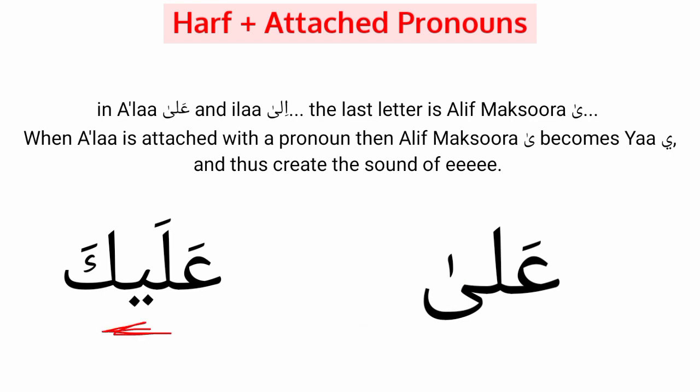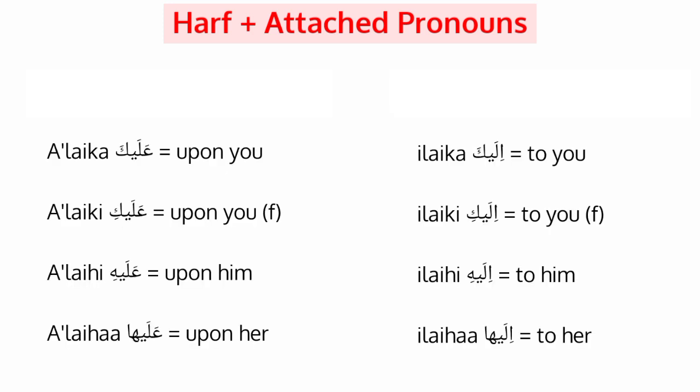So Alif Maksoora is saying Alif is going and ya is remaining. Alif is the standing fatha over ya. You see, the standing fatha over ya, that is Alif actually, and that is what we pronounce, and ya is silent. So Alif Maksoora goes, Alif goes and leaves ya over there. So it becomes ilaika, ilaiki, ilai. Because ilai has a sound of E right before it, instead of ilaihu, it is ilaihi. And ilaiha. Now, upon me, this was upon you, on him, on her.